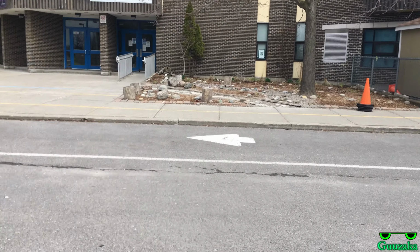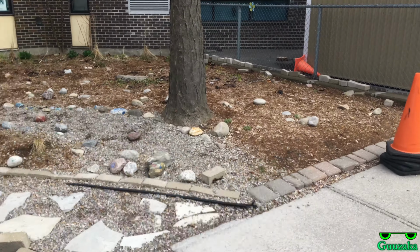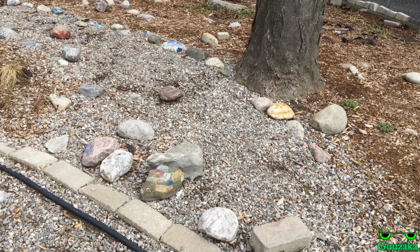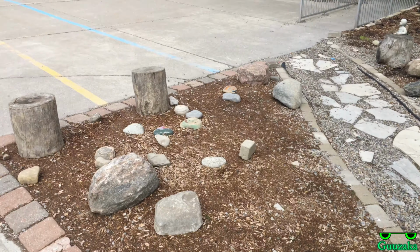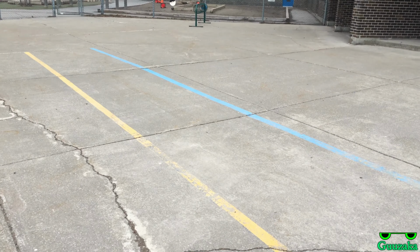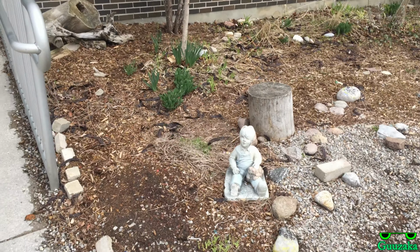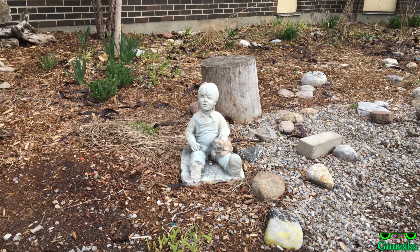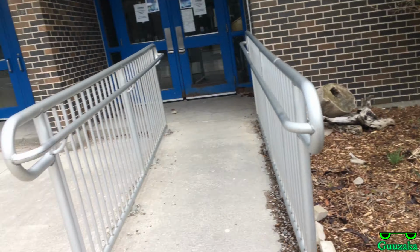You can see a stone garden here as well, so probably decorated with some things. I'm gonna take a closer look at it. Yeah, it's another one of these places that has a bit of an artsy feel to it. I also have a statue of a child here, some more painted stones there,